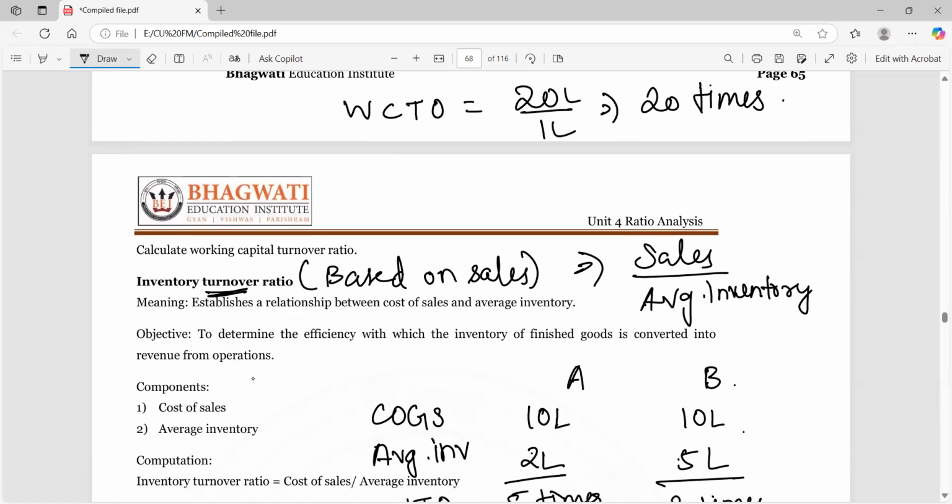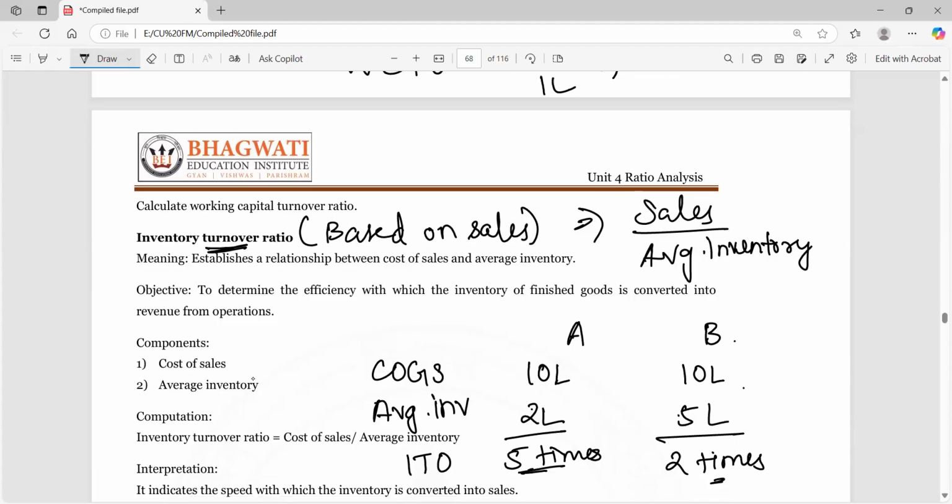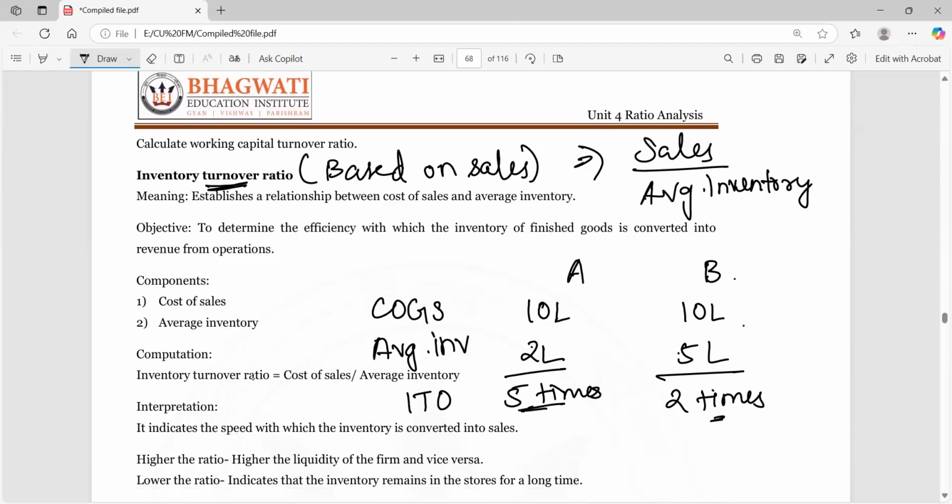Now listen, how do we interpret this 5 times or 2 times? Please don't say for every 1 rupee invested in average inventory, 5 rupee, no. Actually, when you look at this inventory turnover ratio in isolation, it doesn't tell us much. This ratio should be compared with the number of days in a year. For the sake of simplicity, let me assume the number of days in a year is equal to